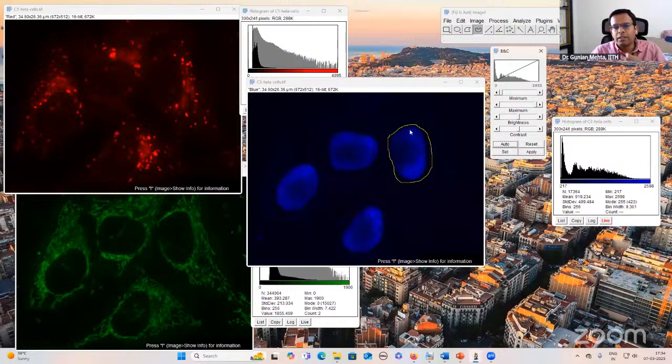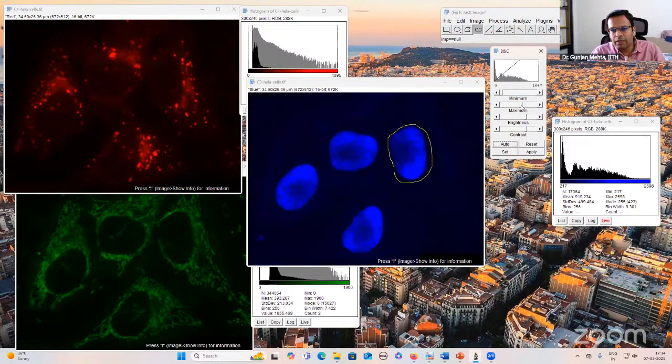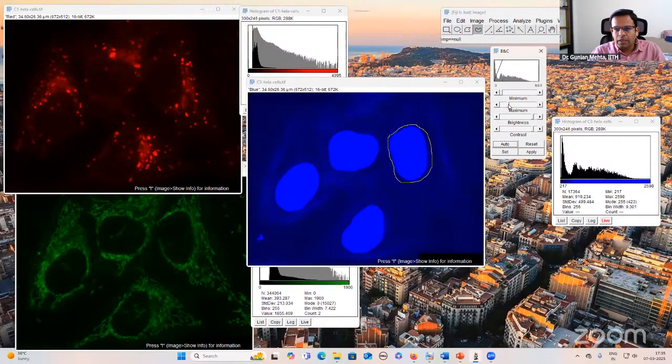Let's say instead of showing this nucleus like this, I can just adjust the display, and I can show it like this. Okay, but this kind of adjustment should not create any artifact. Like, let's say if I don't do this adjustment correctly, and if I show this nucleus like this, like the uniform illumination, this is not correct, because actually there is not a uniform distribution of signal here, right?